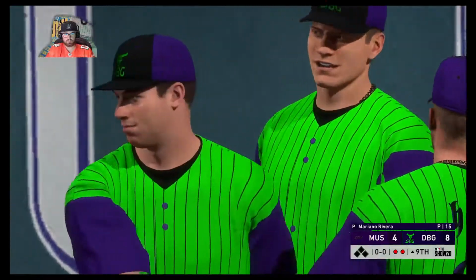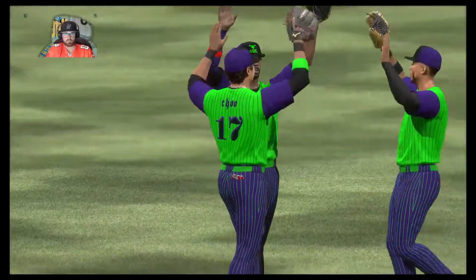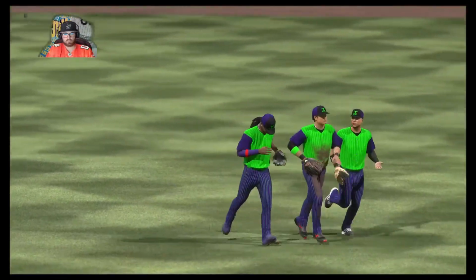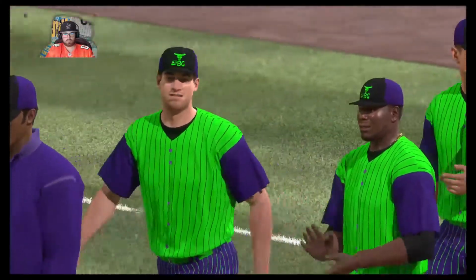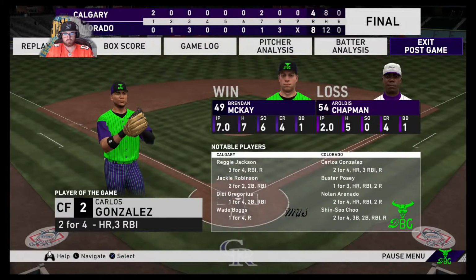Well, 2 pennant race division teams took the field today, but only one can come away victorious, and all that's left now is the celebrating and the unveiling of the rewards. 8-4 tonight. The Devils crossed the plate 3 times in the 8th, helping propel them to the win. Brendan McKay is credited with the win. So that'll just about do it. For Mark DeRosa, Dan Plesac, and our entire